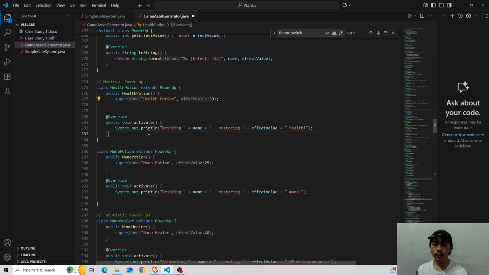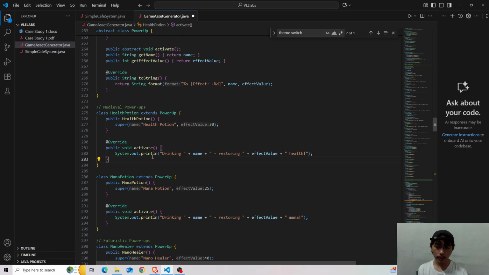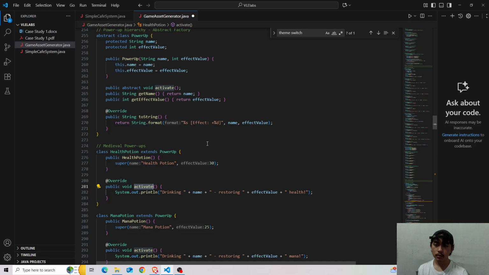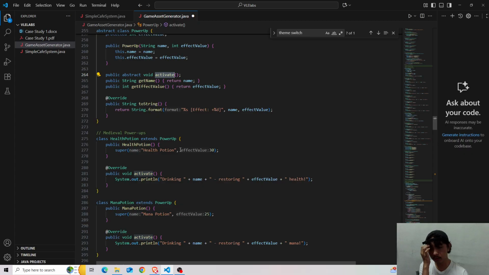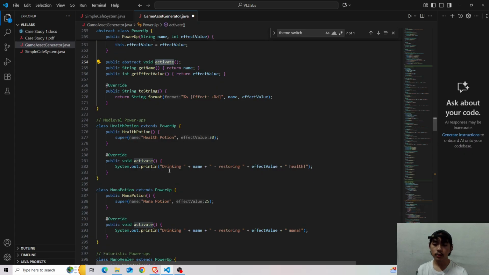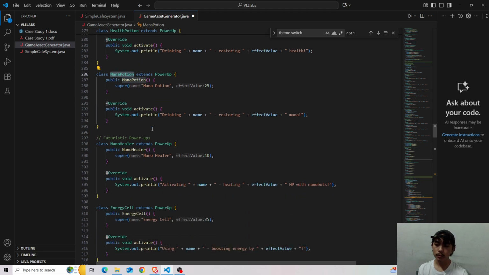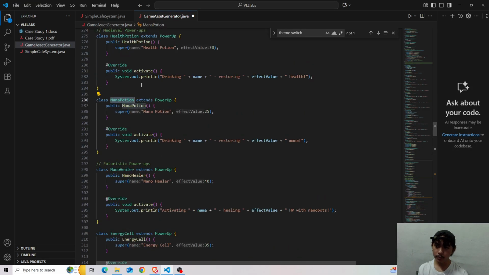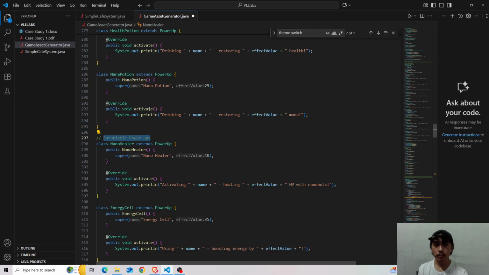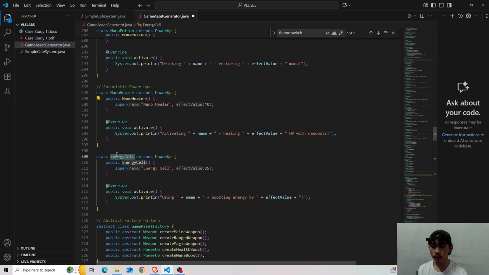And then we print out by overriding the activate method right here from our abstract factory. So drinking health potion, restoring 30 health. Okay, so that's basically how we implement each potion for the medieval and the futuristic power ups. So it's the same with nano healer and energy cell.